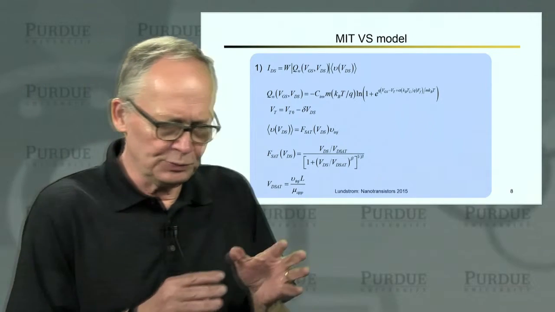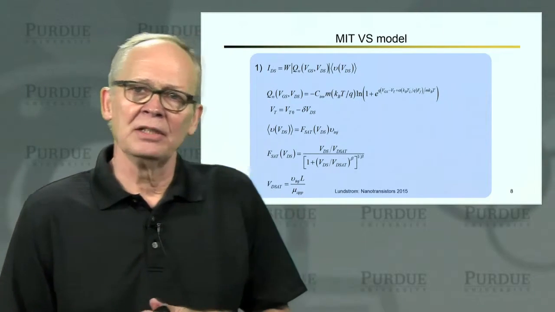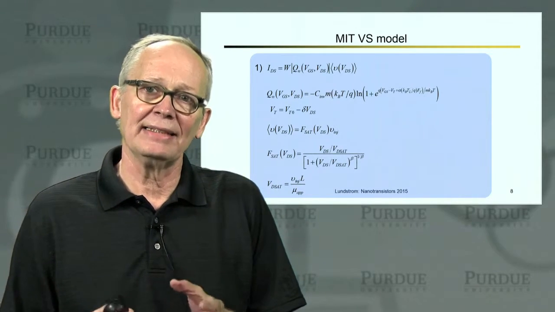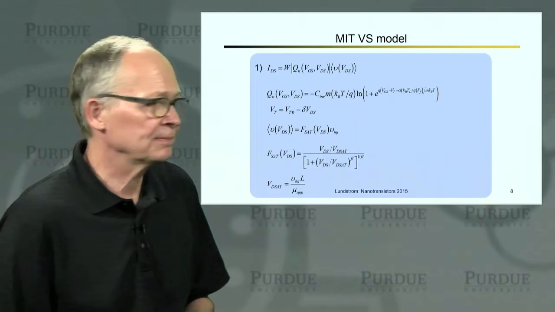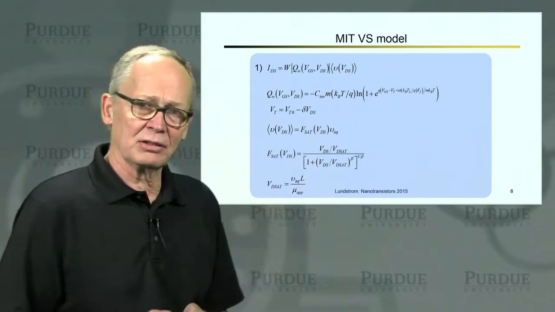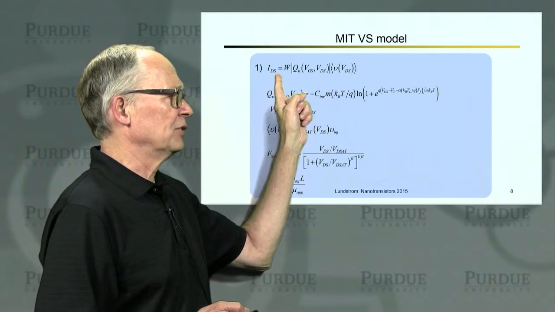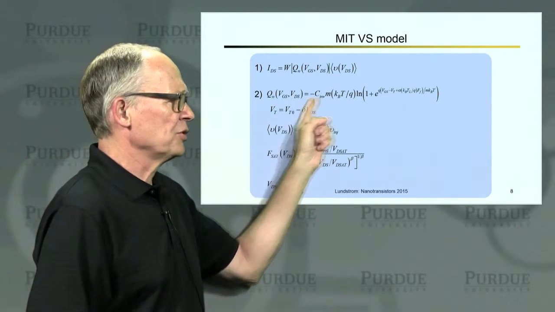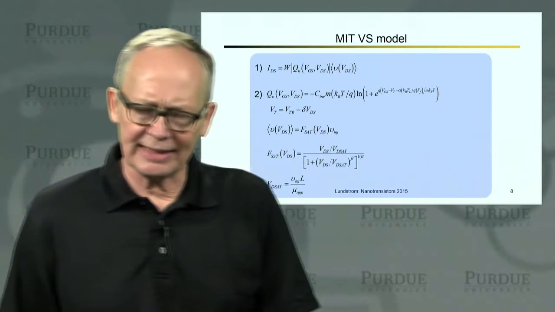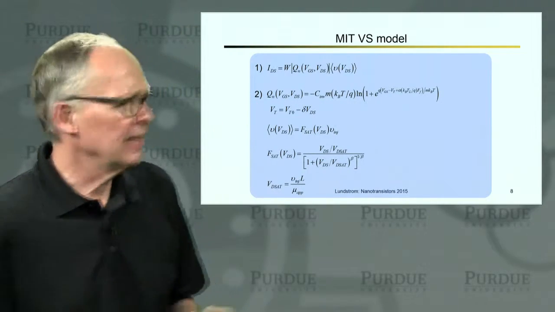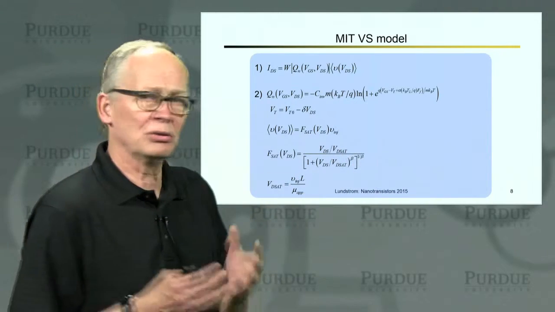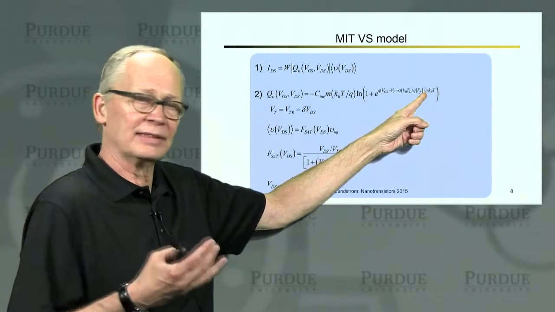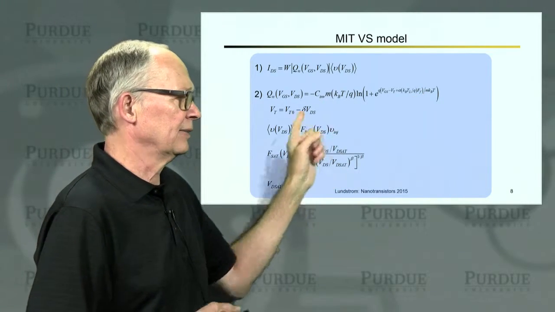Now, we also related our transmission model to something we call the virtual source model, in particular to MIT's implementation of this virtual source model. And the MIT virtual source model goes like this. We express the drain current as width times charge times velocity. The charge we determine from MOS electrostatics using a semi-empirical expression that describes the charge from below threshold to above threshold, accounts for the finite subthreshold swing greater than 60 millivolts per decade if it is, the finite DIBL that's there.